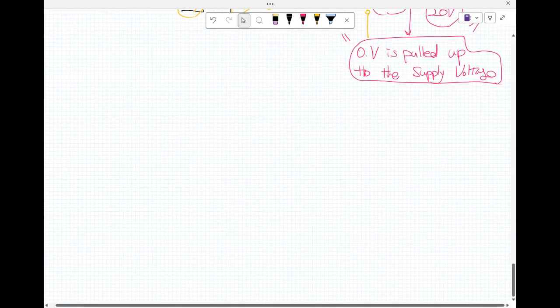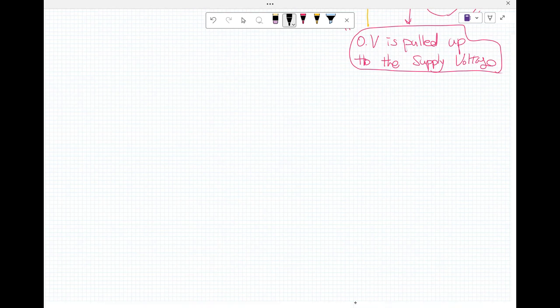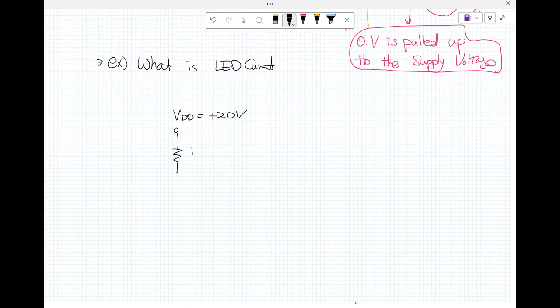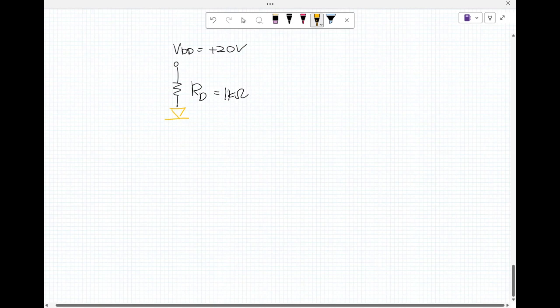One more sample question. What is the LED current from the figure? So now, same thing, plus the 20 volt, the R sub D is 1 kilo. But we add the LED, the diode, like this one, okay? The LED diode,